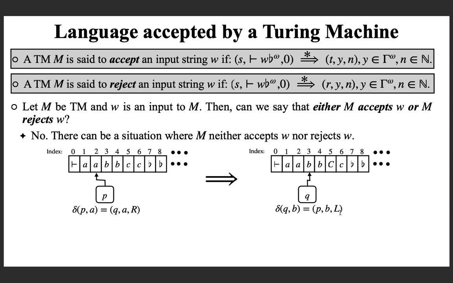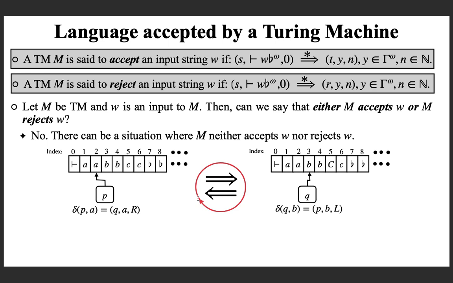Suppose you apply this, what will happen? You will change the state to P and you will move left. So you will exactly get this configuration back because you are changing to P, moving to the left by retaining the small b. So you are exactly getting back. Again, this transition will apply. So this can go forever. So you are now in an infinite loop. You will never reach either T or R in this case.